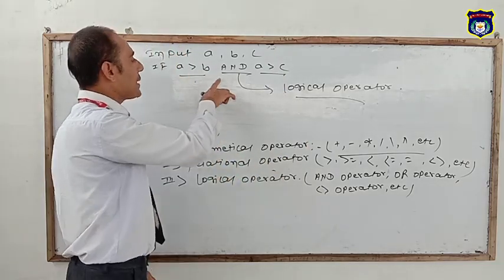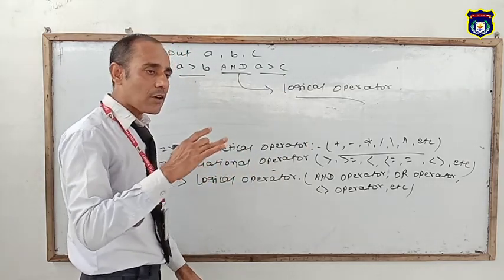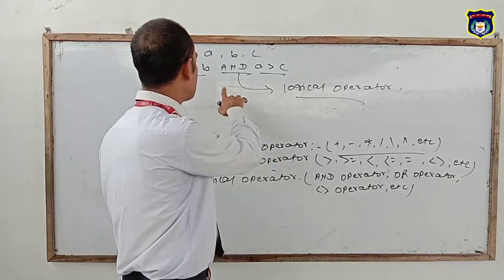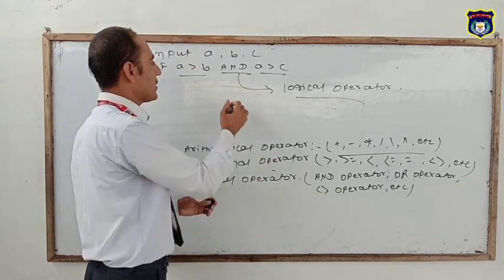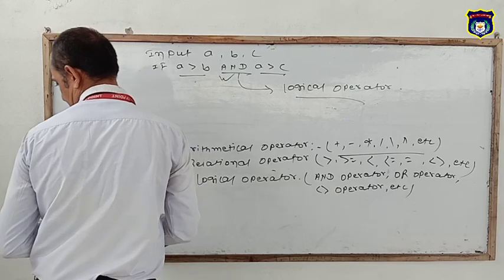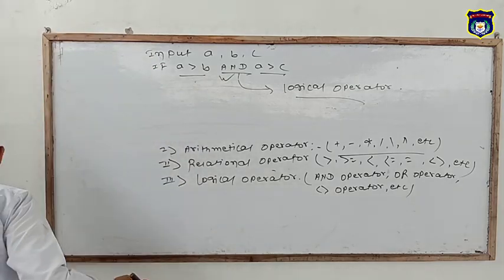That means the AND operator checks all the conditions. If all the conditions in the given conditions become true, then it prints true, otherwise it prints false. The AND is the logical operator. In the same way,